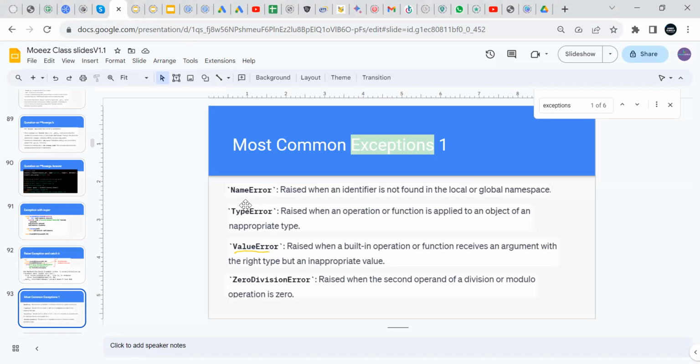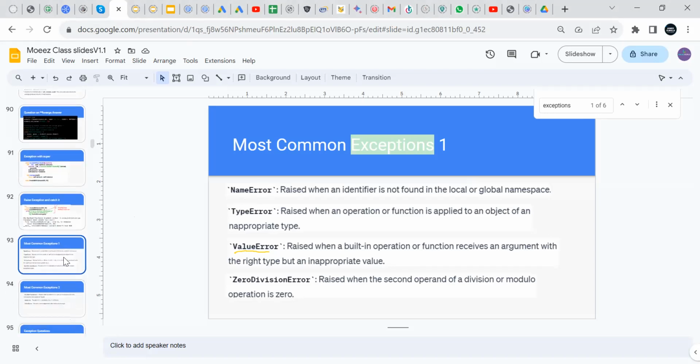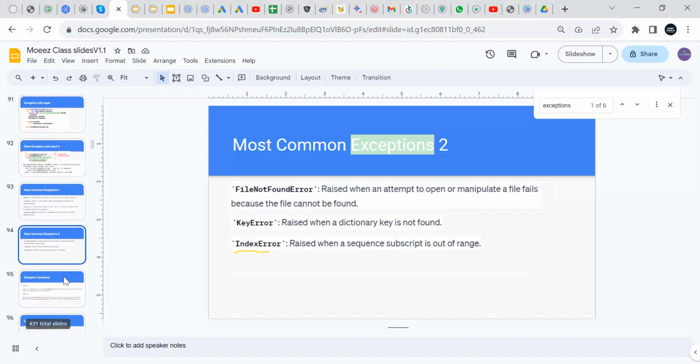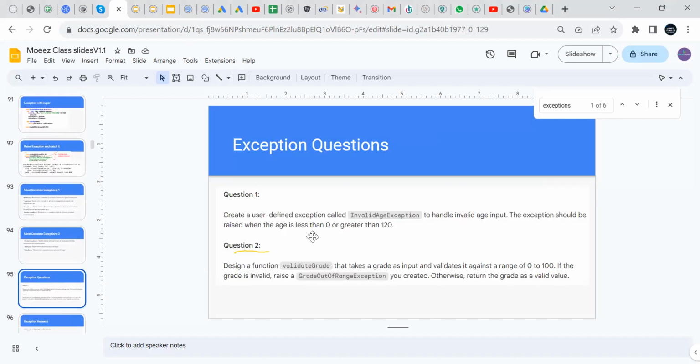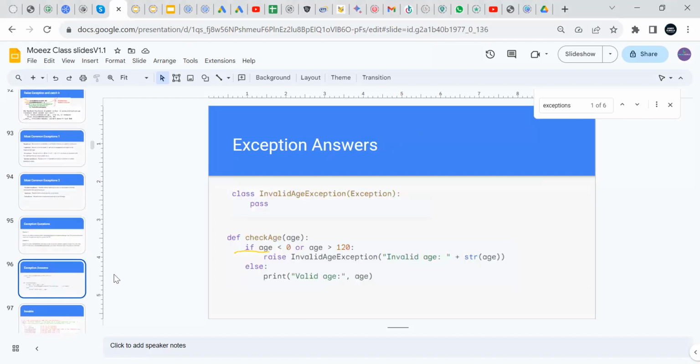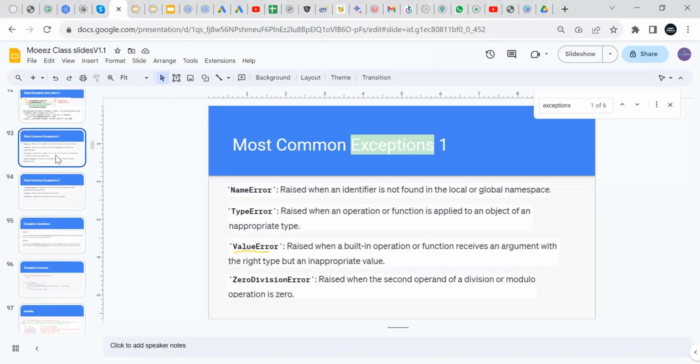Yeah, makes sense. If you can remember, I gave you examples that you can check again. I remember I did those two questions. Yes, exactly. The key here is that for this kind of exception, you don't need to create your own class. You just need to raise them.